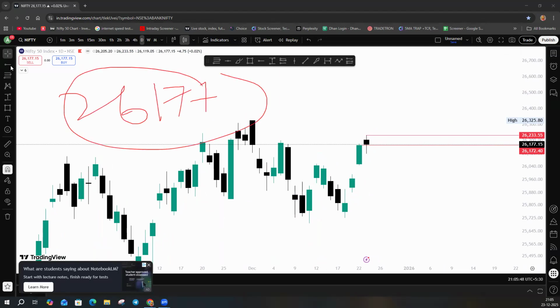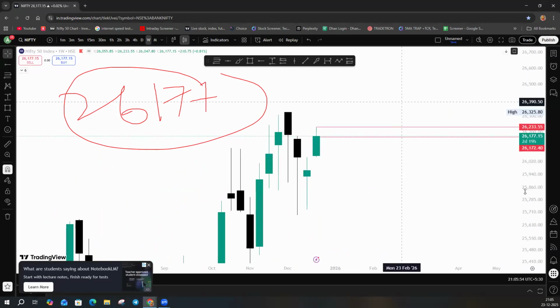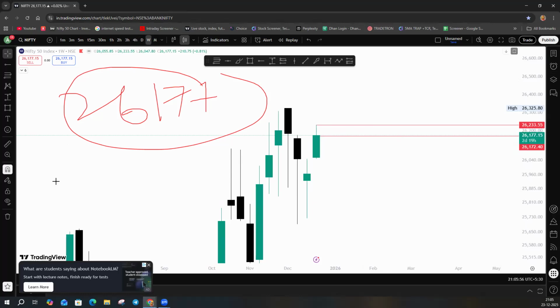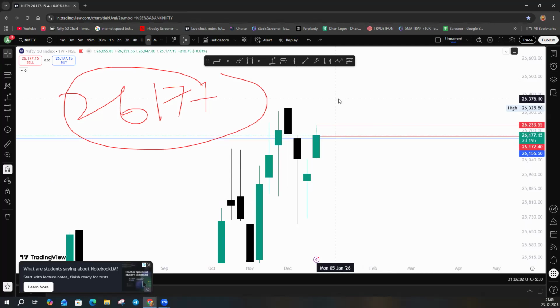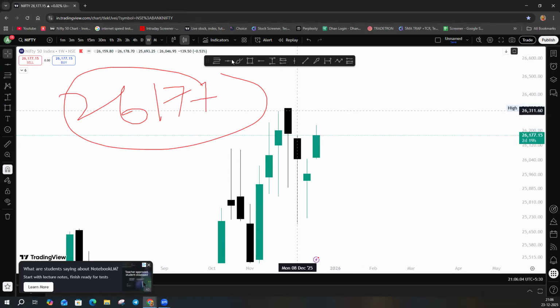And do you remember what I said at the last weekly expiry? You just see here on the weekly time frame. You can see the weekly chart also. We have closed above the previous week's highs. You can see the previous week's closing and previous week's highs. We have closed everything above, which is a very important and very good scenario for the Nifty.